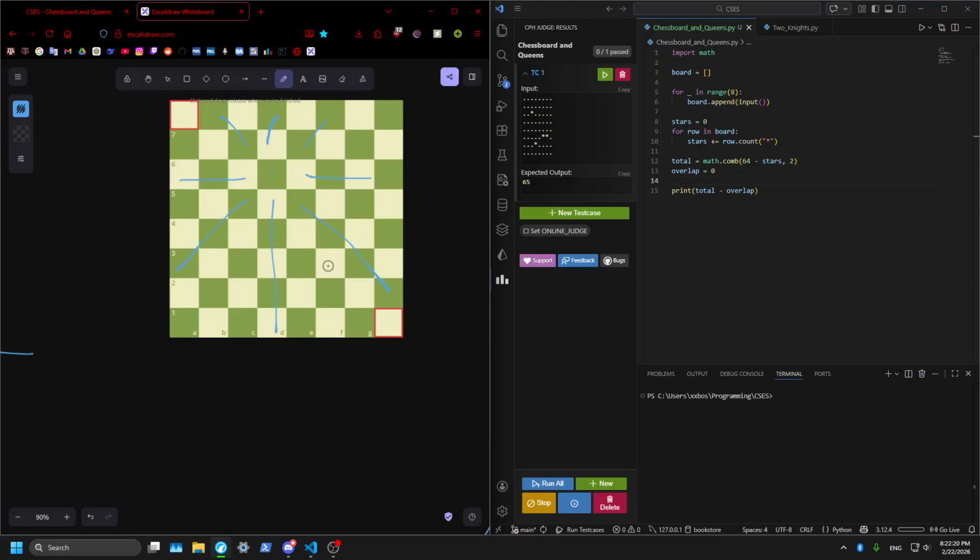So the length 1, 2, 3, 4, 5, 6. Okay, so the length of the diagonal is equal to the length of the shortest leg. So we want to find R for what row we're in, minus